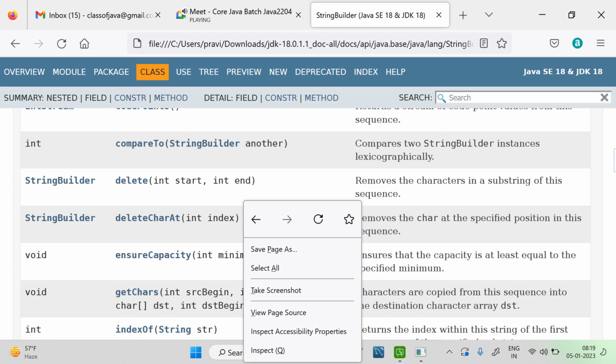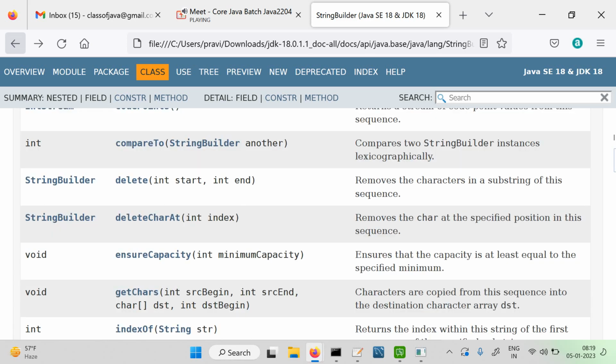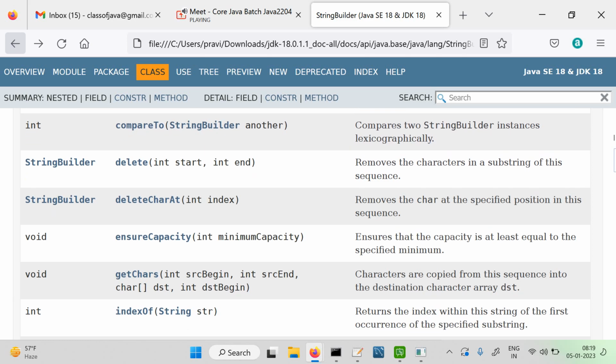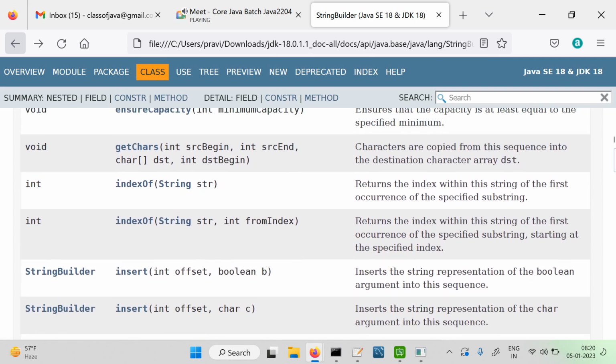So the delete method is similarly there. Deleting from a single position, a single character. Ensure capacity, that I need at least this much capacity. Okay, fine. Get chars, yeah. So this is like